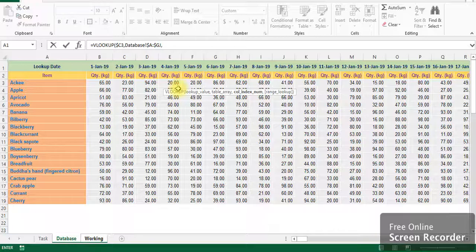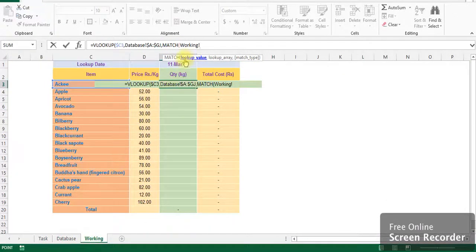So here I will be using the match function to find which column's data it should give to me. So I will be typing match. It will be asking for the lookup value. So the lookup value will be the date. It will be fixed. Then the lookup array.